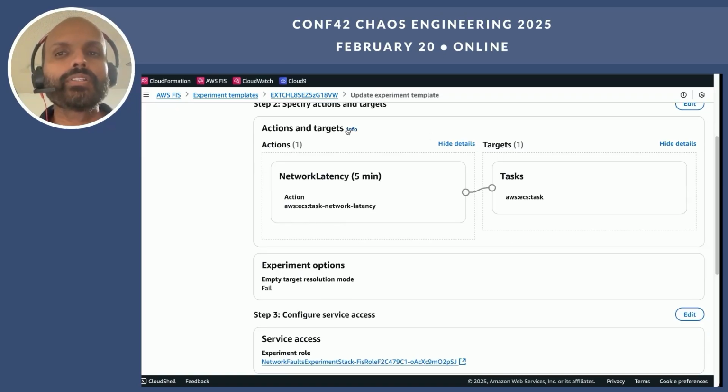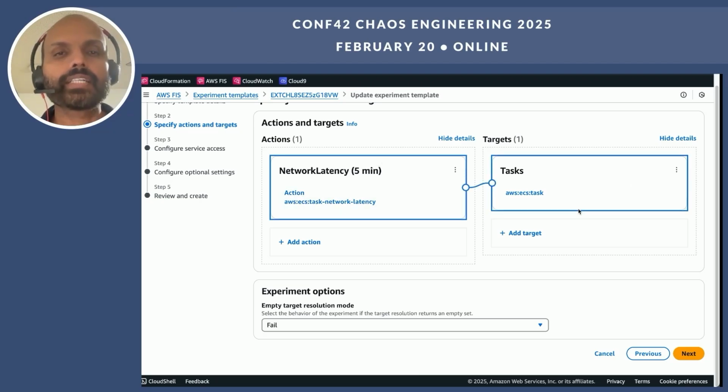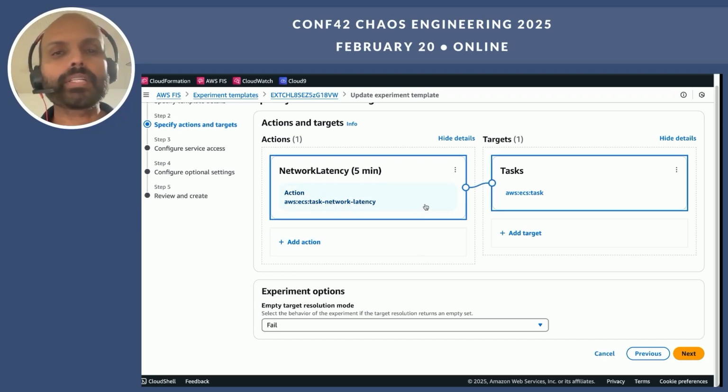The two key concepts we covered with an experiment template are the action and the target. The action specifies the fault that you want to test against your workload. As I mentioned earlier, you can sequence a bunch of fault actions, or run them in parallel, or mix them up.